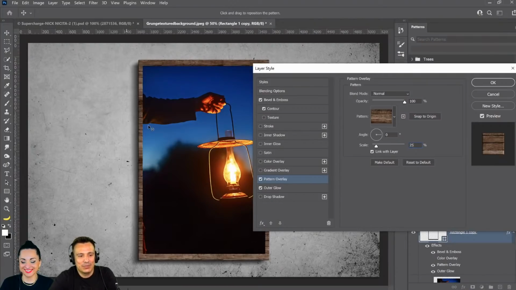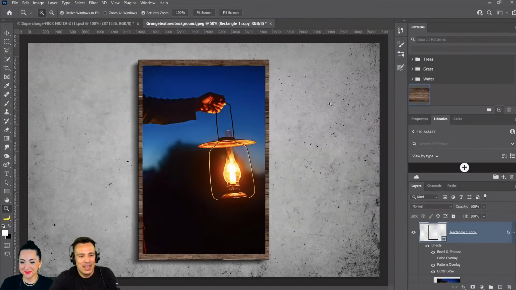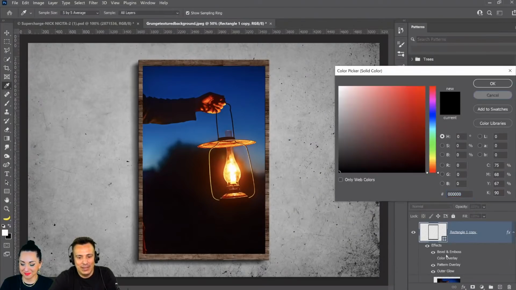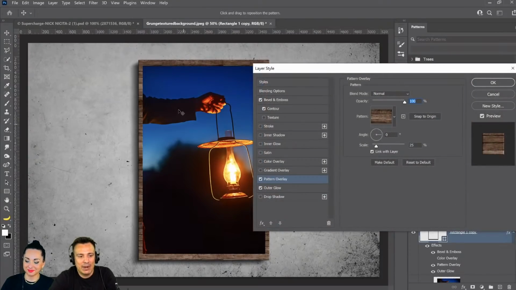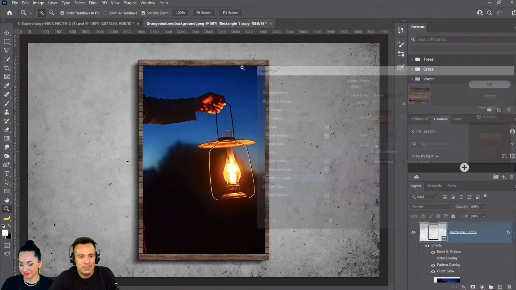But that's what it looks like at 25%. And one thing about layer styles that I guess I should show you guys now that I'm there is when you're with a pattern, you can actually click and drag directly over the image, and you can reposition that. See that? See how I'm just dragging it? So maybe you can get it to align. So like here, I want this line to align with the frame, and I think that's kind of okay. Maybe get it a little bit better. So there we go. So see, I was able to align it, and it looks fantastic.